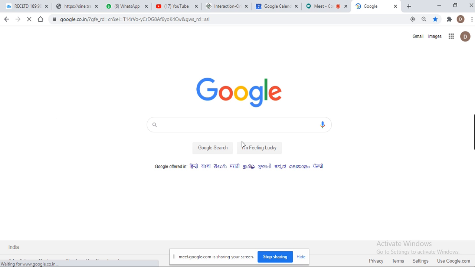We send the request to the Google server, where their pages are located and all resources are stored, and the browser sends the request for that page. Once the request is received, the server processes it and responds with HTML contents.